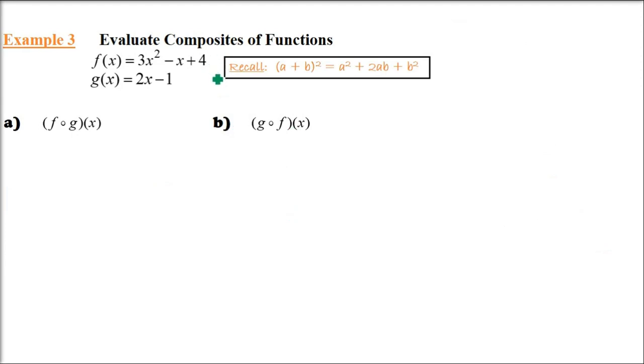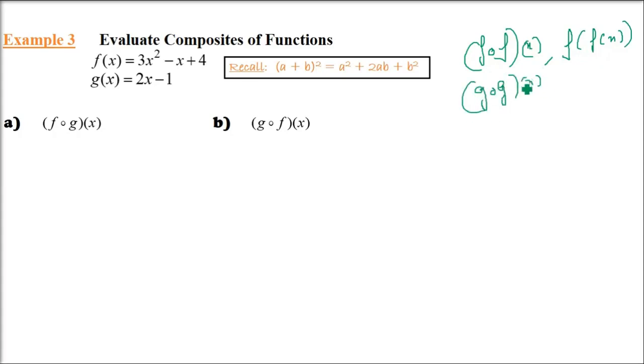Composites of function. As we know, putting one function inside another is the composite of function, fog x. So we have f(x) and g(x), and we have to find out fog x and gof x. There are two more. We can also evaluate fof x, that is f of f(x). This is also possible. Sometimes this is also asked. Then gog x, g of g(x). This is also sometimes asked.